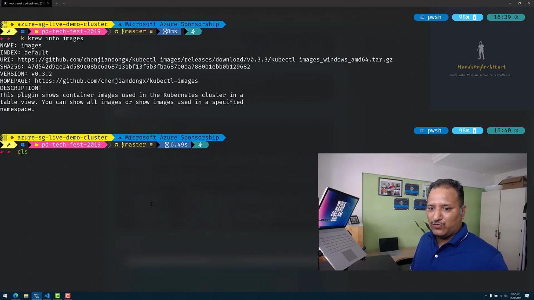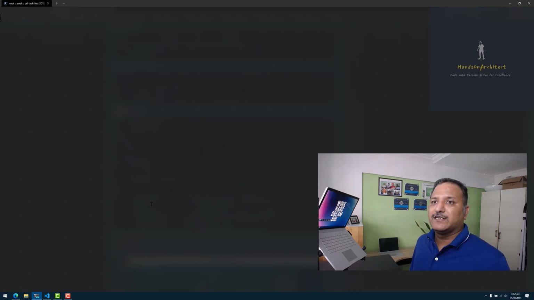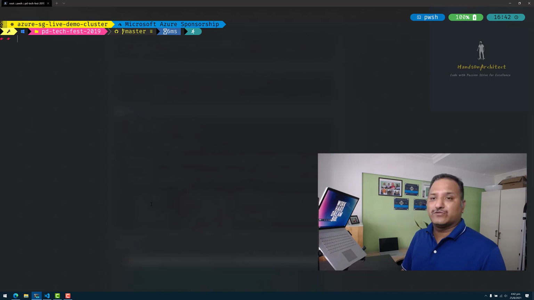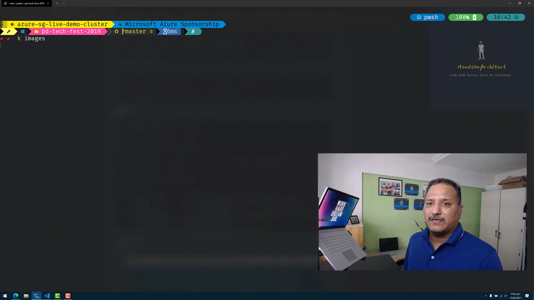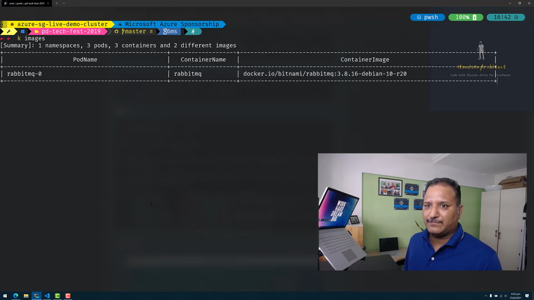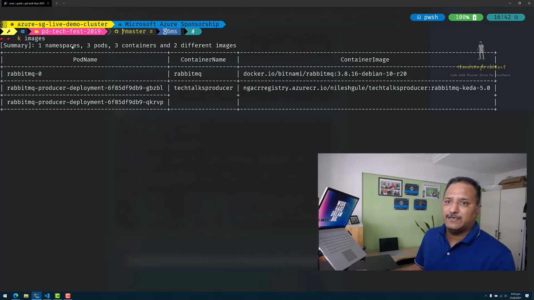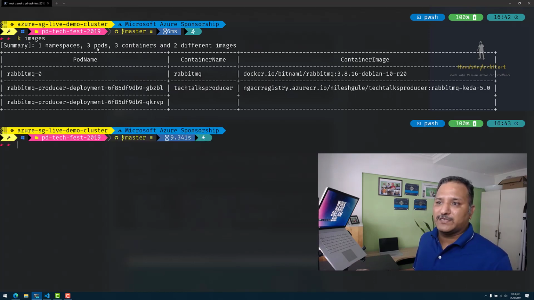So far we saw how to search for the plugins, how to find help about the plugin. Now let's use this images plugin and see how it helps to extend the usage of kubectl. So K for kubectl, images, and if I just run without any parameters, let's see what happens. So we can see that there is one namespace here, the default namespace. There are three pods running, three containers for those three pods, and there are two different images used for creating